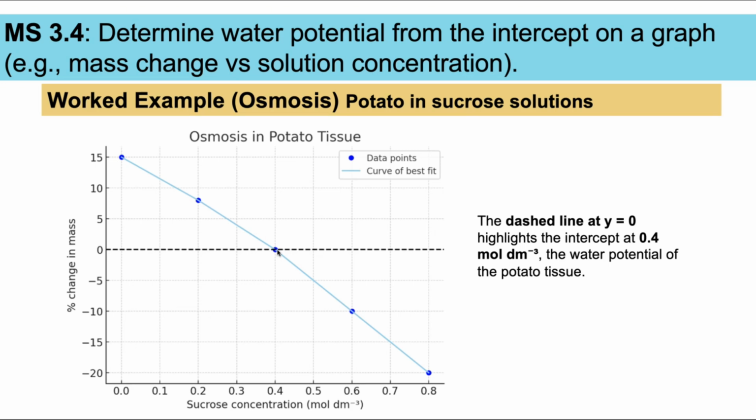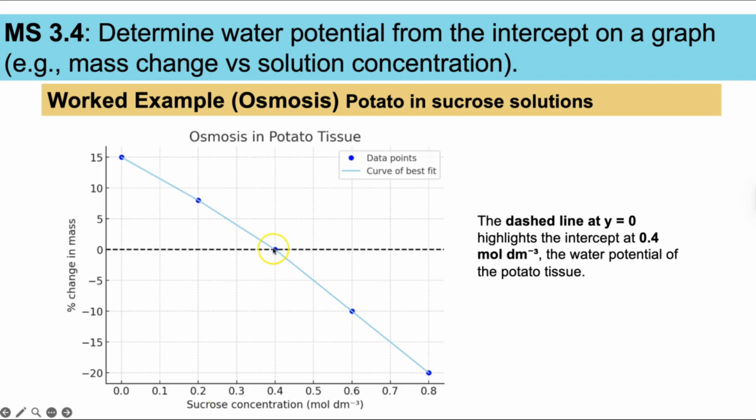And if there's no net movement of water by osmosis, that tells us that the water potential inside of the potato tissue must be the same as the water potential of the sucrose solution. And that then indicates to us that at whatever point the concentration is that we intercept at 0, that must mean that's the same concentration inside of the potato. For instance, it tells us that the potato tissue must have a sucrose concentration of 0.4 because that is where